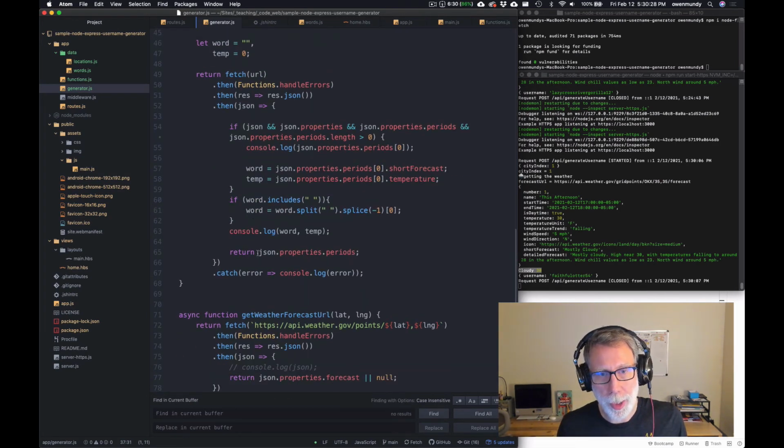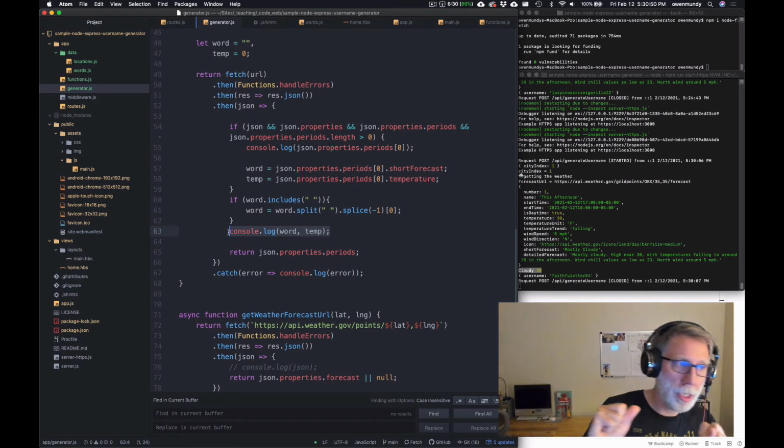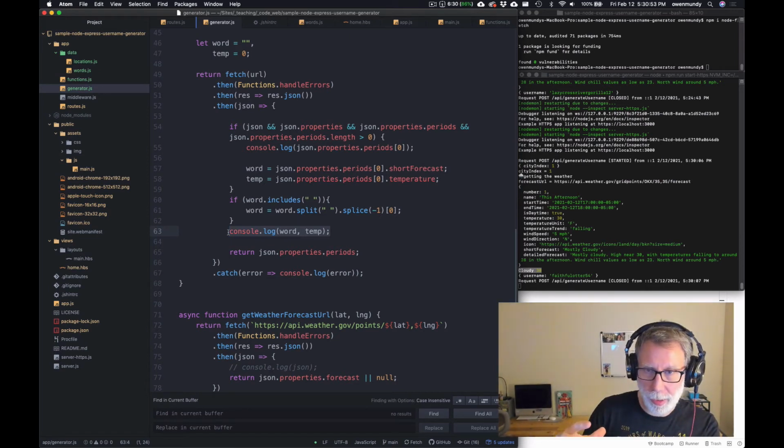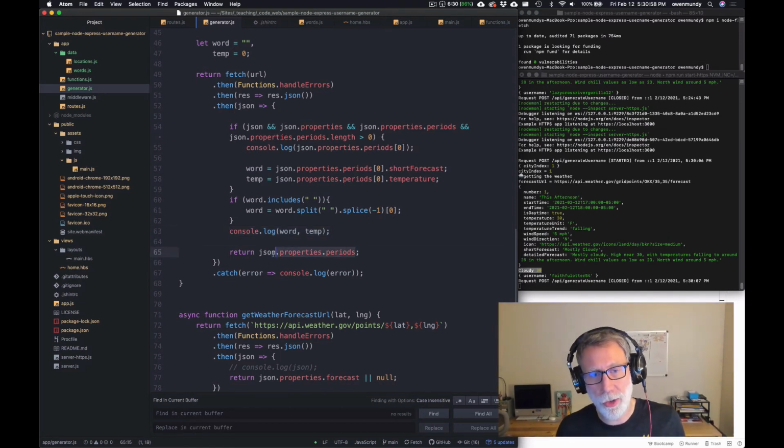But now I'm going to introduce you to an idea in JavaScript called destructuring. We have 2 variables that we pulled from this data, and we need to send them both back. So you have a choice. You can either make 2 calls to the same API, which takes more time, and get the two of them separately, or you could create an object that has multiple pieces in it. Or you could use what's called destructuring, which allows you to pass an array with word and temp in it,